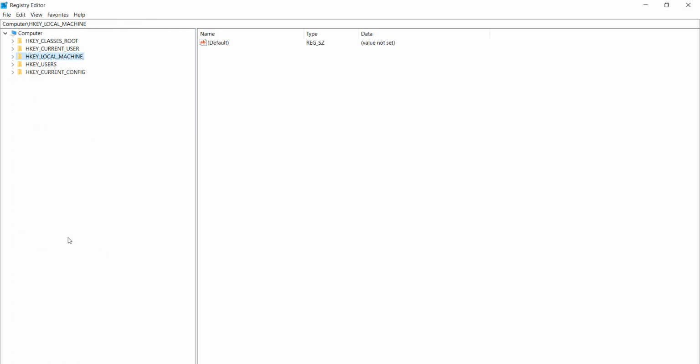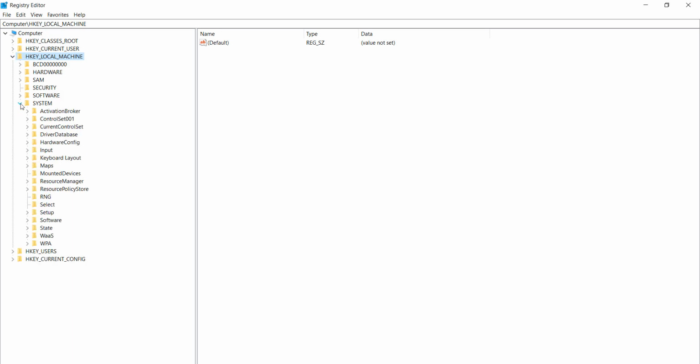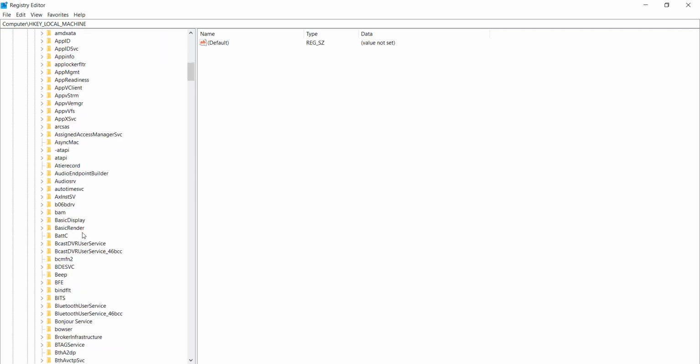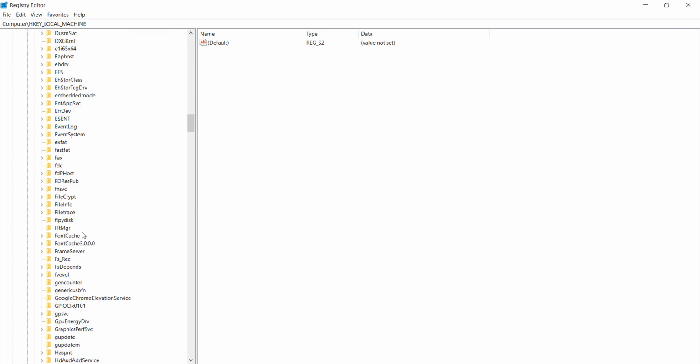Okay guys, when you open it, first of all you can expand HKEY_LOCAL_MACHINE, and after doing this here you can select System. After doing this here you can find CurrentControlSet. Now you can see CurrentControlSet, you can expand it. And after doing this step, you can expand Services. After doing this step, you can scroll down and find